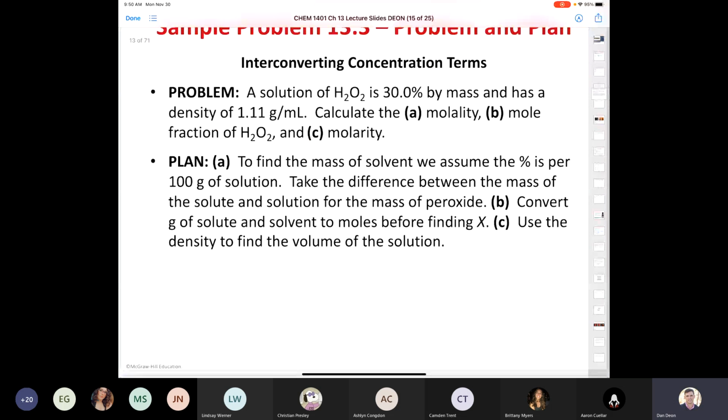It says a solution of hydrogen peroxide is 30% by mass and has a density of 1.11 grams per milliliter. Calculate the molality, mole fraction of hydrogen peroxide, and the molarity. So we're going to do all 3 of these. Let's start by working out the molality. Okay, so if the solution is 30% by mass, that's a way of saying,